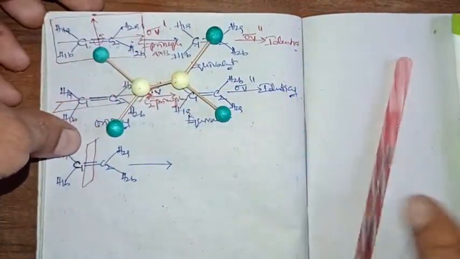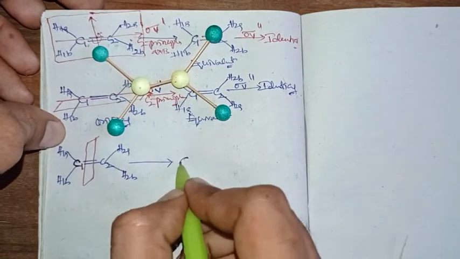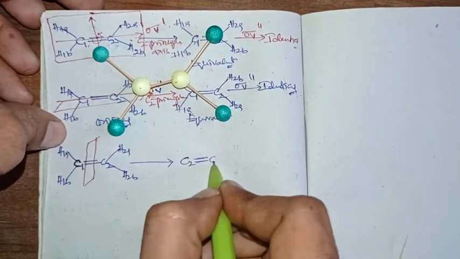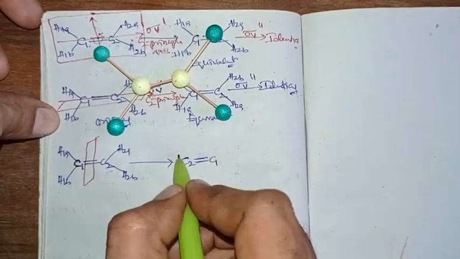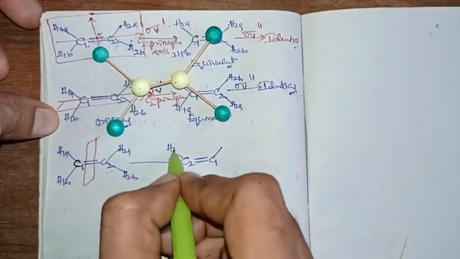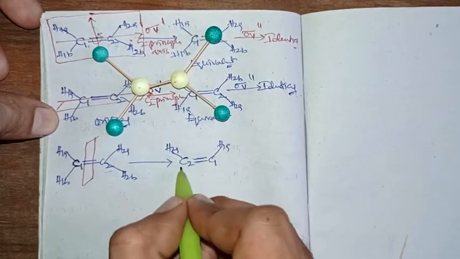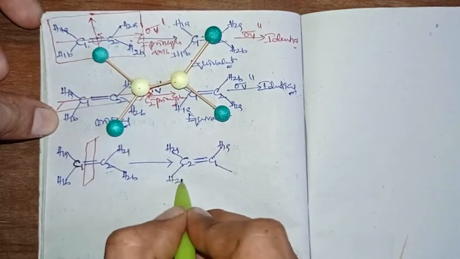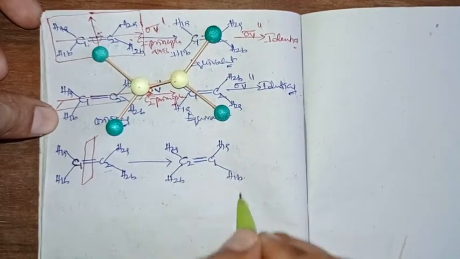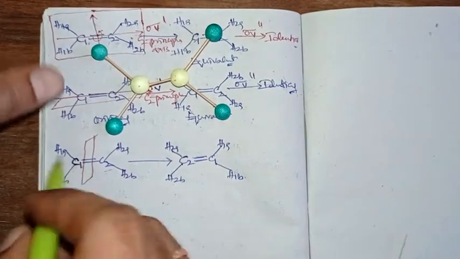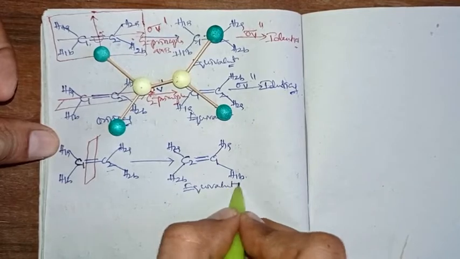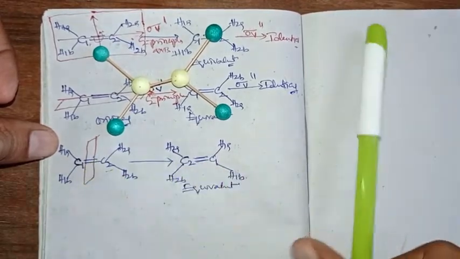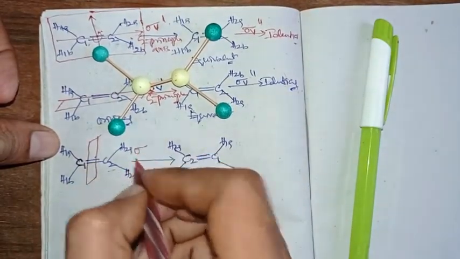The two carbon atoms get reflected, carbon 1 and carbon 2 exchange their positions, whereas the upward hydrogens get exchanged and the downward hydrogens also get exchanged, right? So after all the similar atoms exchange, it is an equivalent configuration, right? So the plane will be called a plane of symmetry.